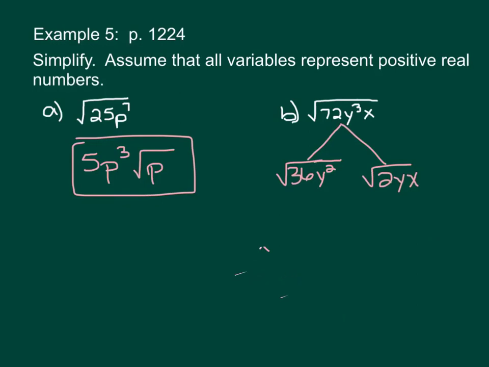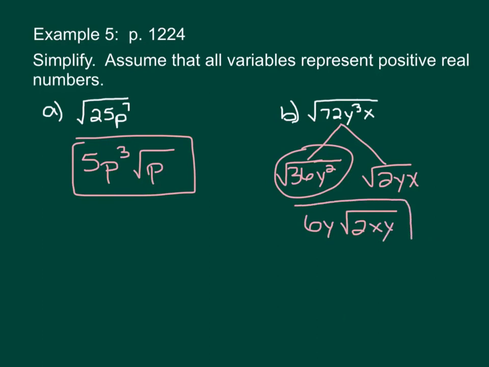So again, remember I always put my first radical on the left side. I always put it so that it's a perfect square and it'll come out of the radical. The one on the right side, I always put the one that's not a perfect square that's going to stay under the radical. So this one is going to be 6y, and then this one stays the same, 2xy. I'm just putting it in alphabetical order because I like that better, but it doesn't matter which order you put